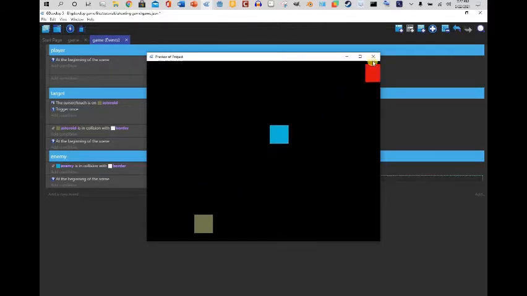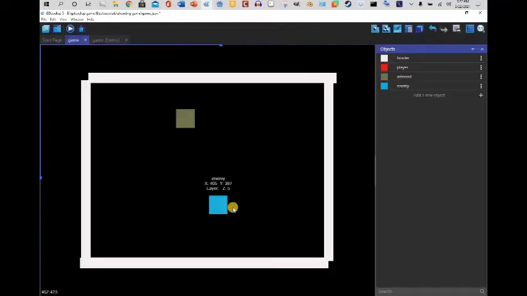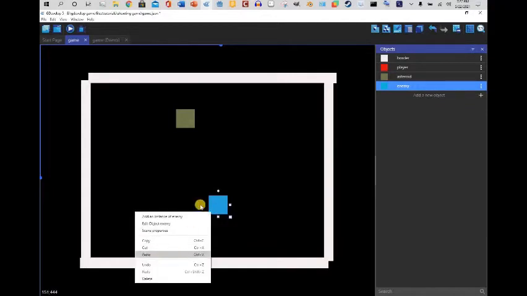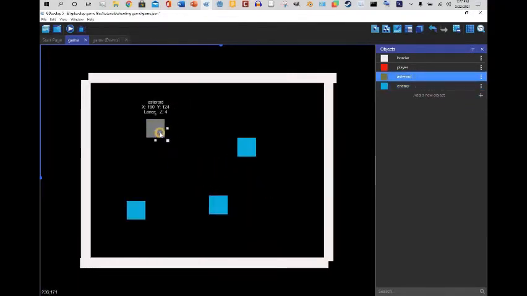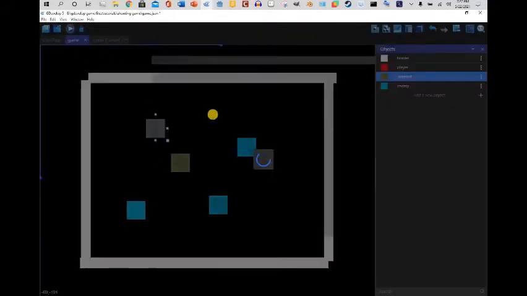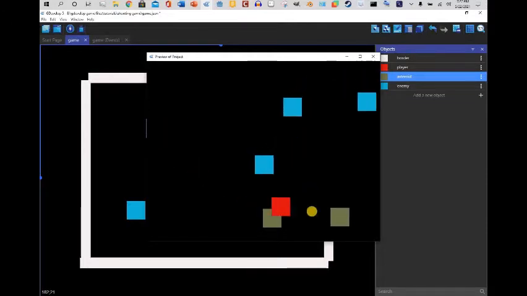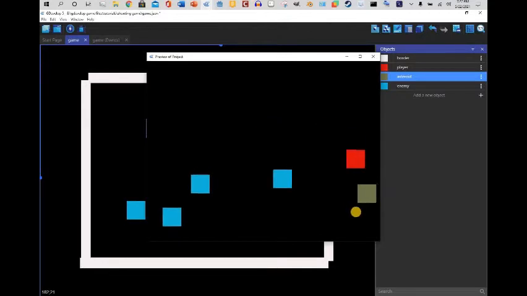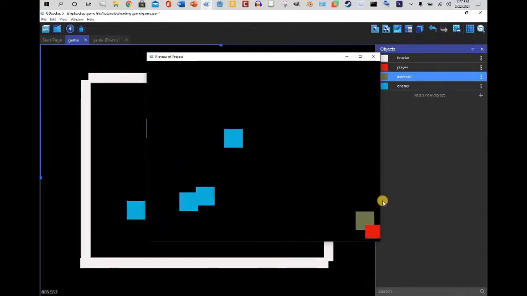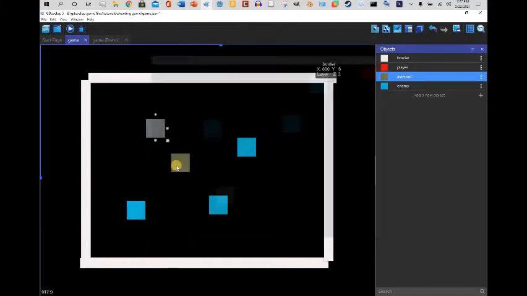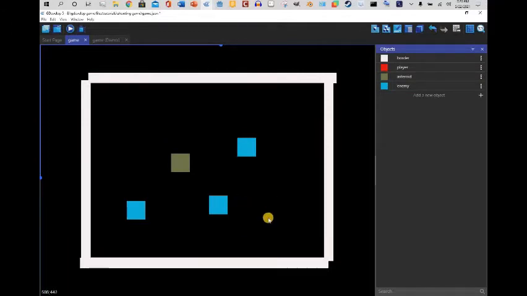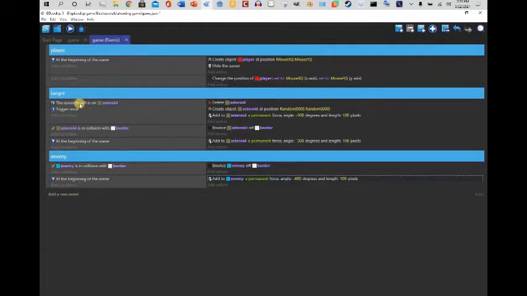Now that you have an enemy, we can copy and paste it and add more. We can add more asteroids, but there's a problem. I'm just gonna delete the other asteroid, but anyway, there is a problem where you run over the enemy and nothing happens. So I'm gonna say add new event. When the cursor is touching the enemy,